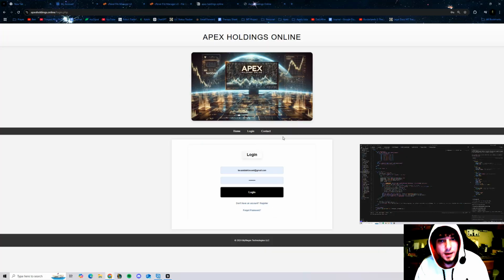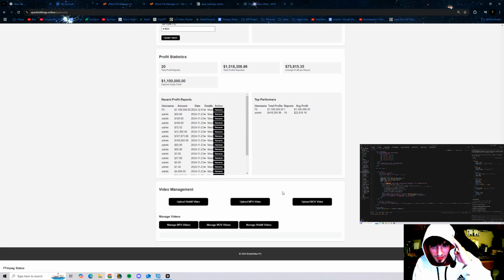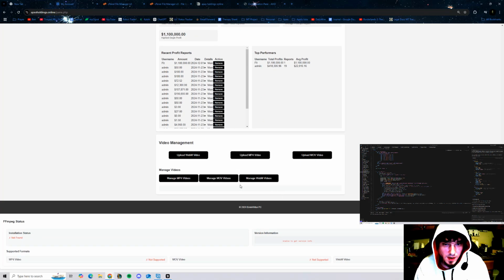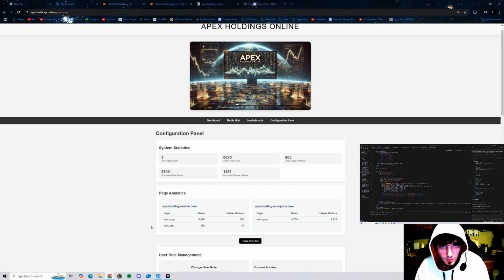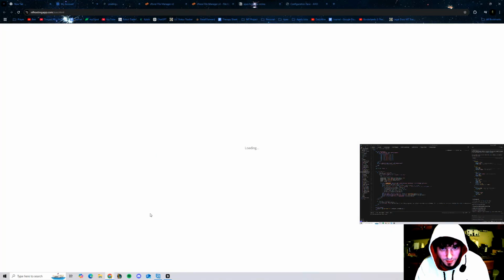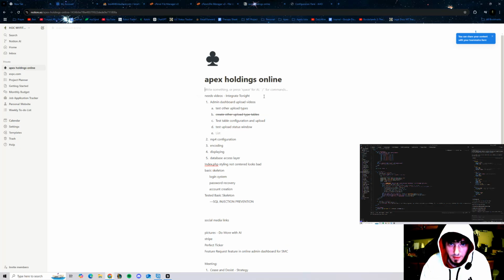So we're gonna just go ahead and log in. All right, configuration pane. Now, where we left off, we're trying to make it so that thumbnails get automatically generated, right? Okay. Let's take a look at our, that's what's next. So let me just open the admin dashboard. Okay, automatic thumbnail